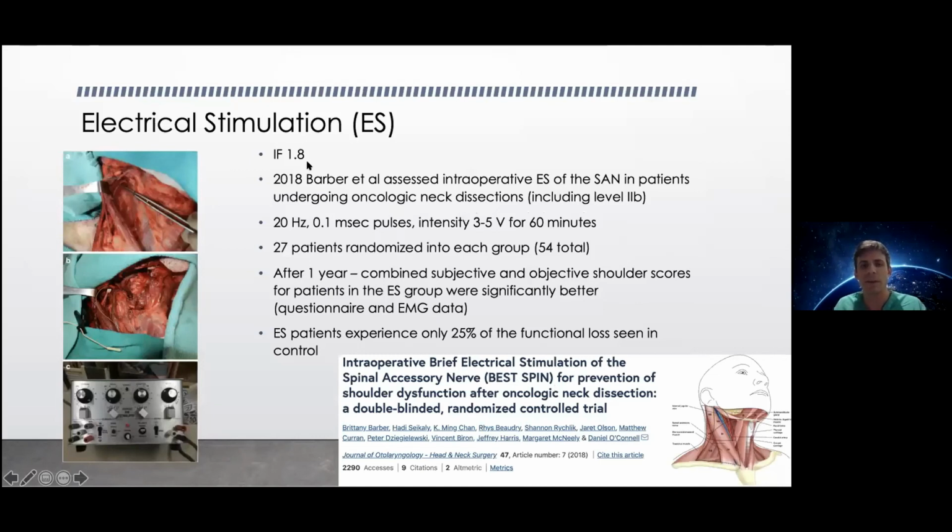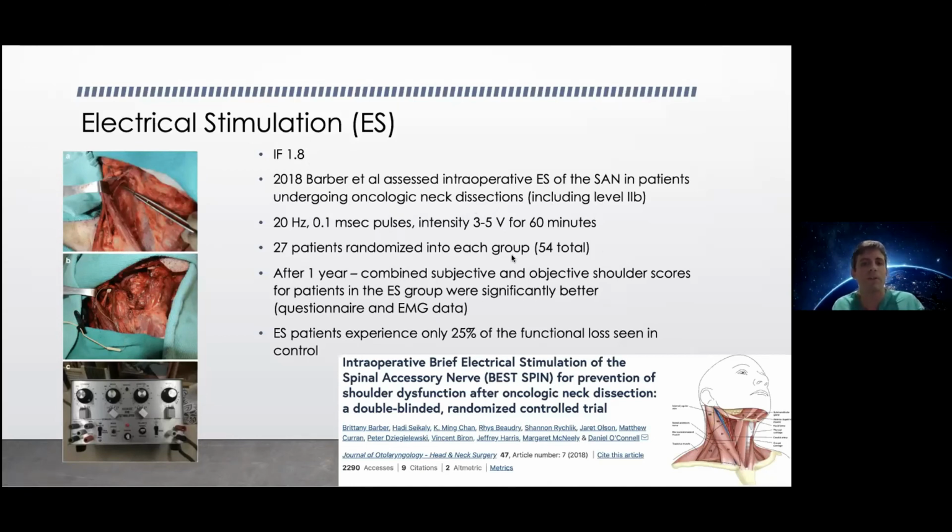Here's another study. This journal was a little lower impact. I ran this by one of my ENT colleagues. I'm not really sure how this makes sense, but it's interesting. So these patients underwent a level 2B neck dissection, all of them. In half of the cases, they did electrical stimulation intraoperatively, and in half of the cases, they did not. And while they were doing their dissection, they had a stimulator on the spinal accessory nerve, and they stimulated it